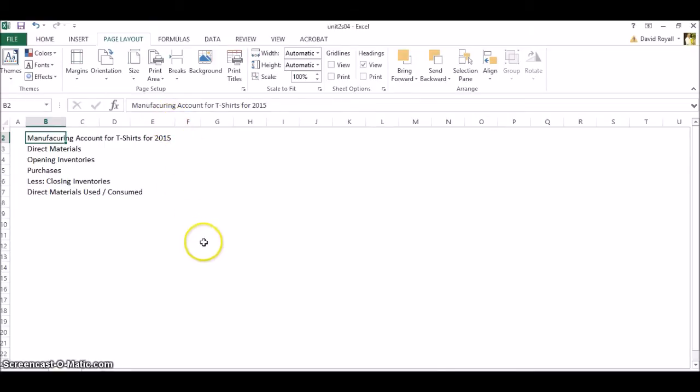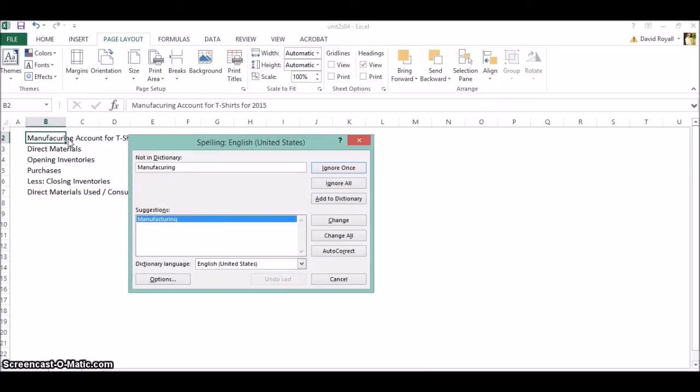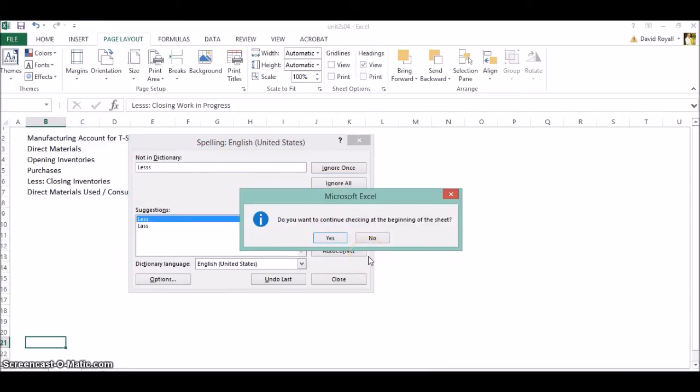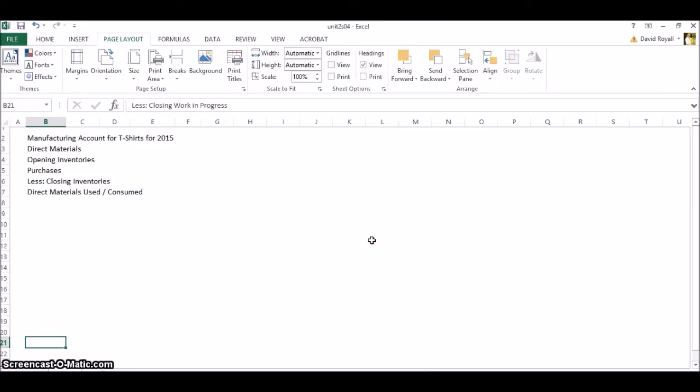providing you know where the mistake is, or use Microsoft's spell checker F7, which I'm actually going to do. I can see that by pressing F7 the correct spelling for manufacturing is there, so I'm going to click on change, and I can see the 3 S's in less, which there isn't, so we'll change that, and I'll click no. I don't want to start again, so we're ready to go. Okay,